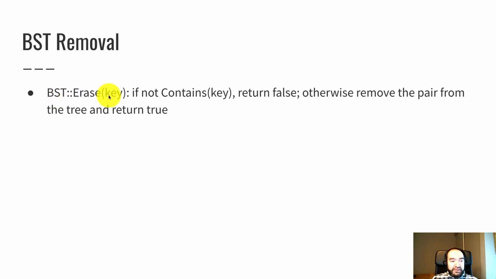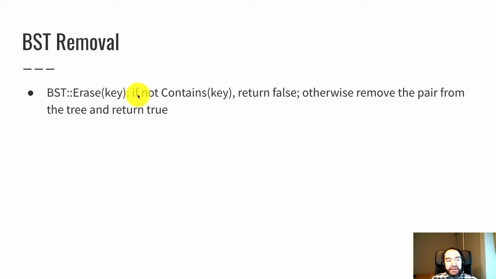Binary search tree erase given a key. Remember the previous video covered removing a node pointer. You had to have a node pointer in hand to remove. Now what we're trying to do is make a public function where you give it a key, a k, in our template class, and get that key out of the entire binary search tree. This corresponds to the erase operation in the map abstract data type. You're given a key, you want to take it out of the map.